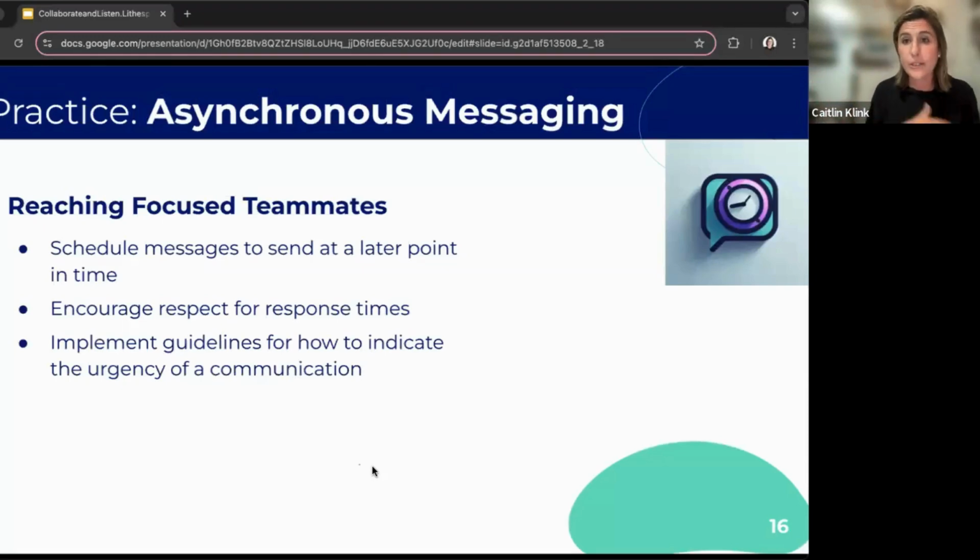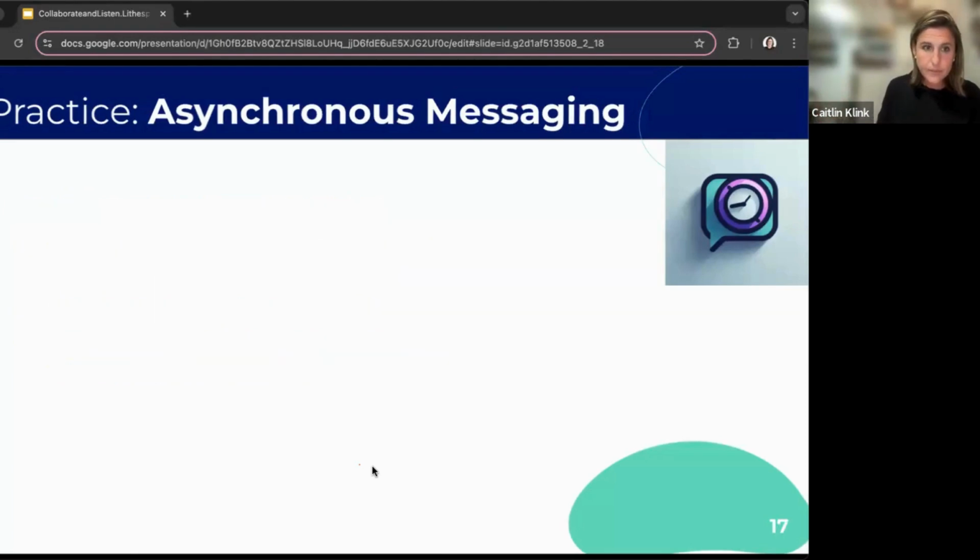Maybe you preface your Slack message or your Teams message with, for your situational awareness. And that means I don't have to respond right away. I can take a look at it later. Or if I see urgent or for decision, maybe I react a different way. So you can build those things into your teams and just have a meeting to talk about it, to set it once. And then that's how you conduct your business when you're reaching out to focus teammates.